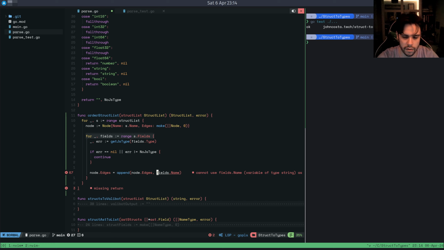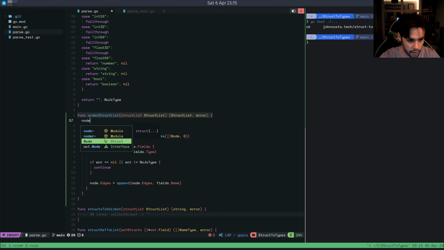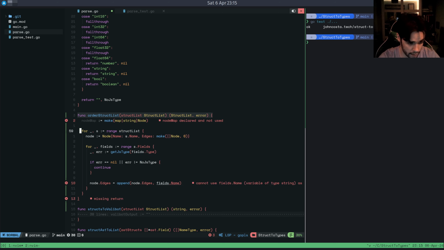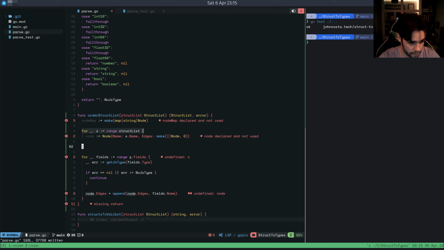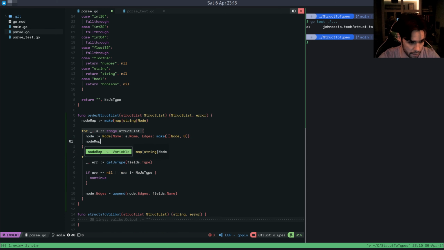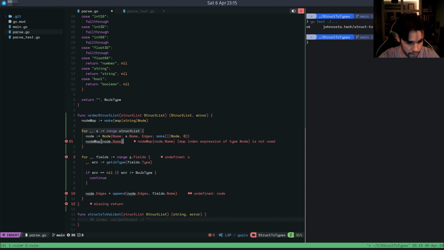Oh wait, we have to construct them all first and then go through their fields, because we're going to have a map. Yeah, we're going to have a map, node map. So in original, I hate it. Make of a map, which is struct name and a node, and this is actually going to come after. I'll sort that out in a second. And we're going to do node map at node.name equals node,